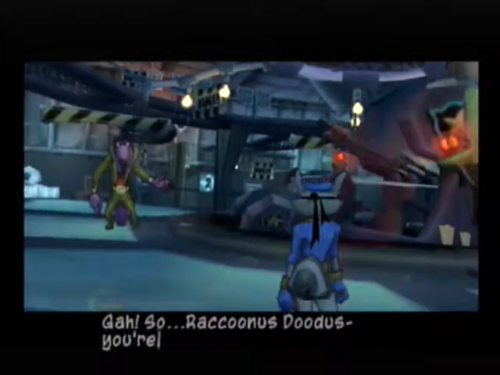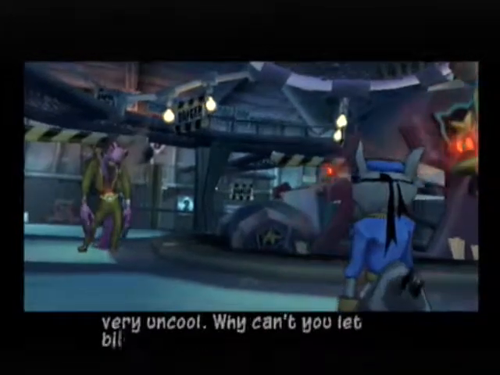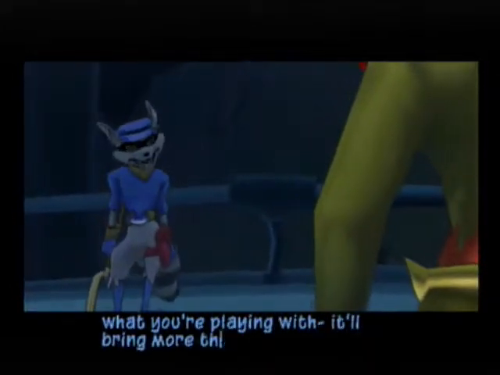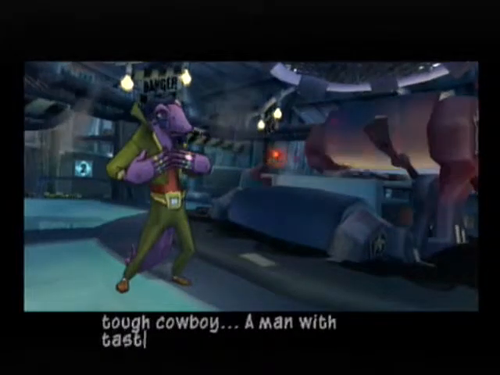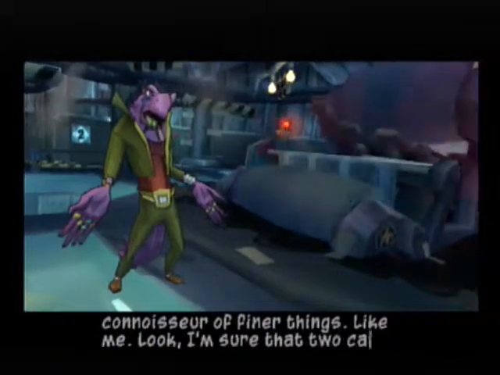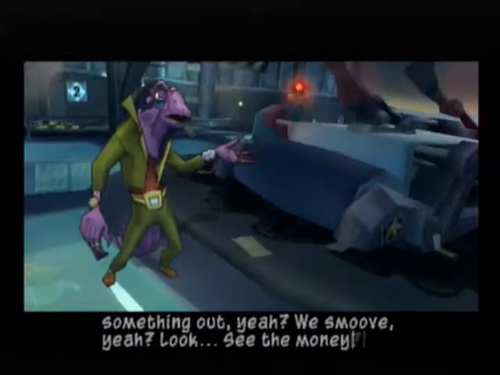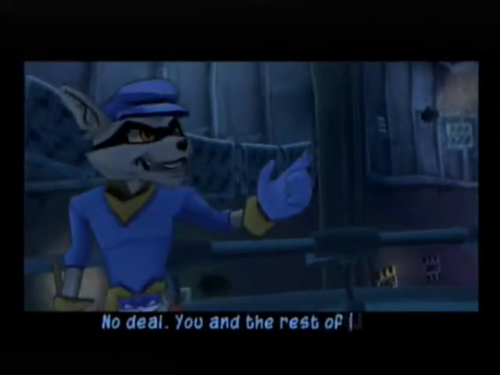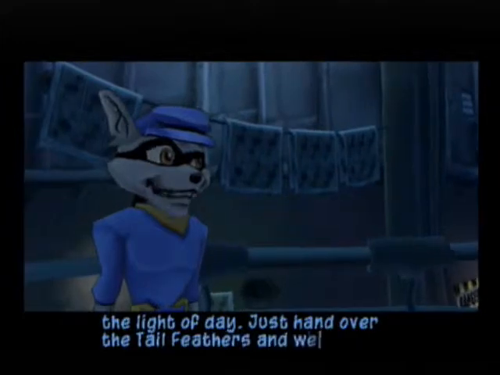God! So raccooners do this. Like totally bumming my house up and bringing me down. So very uncool. Why can't you let birds and bees be free, bro? Listen, Dimitri. You have no idea what you're playing with. It'll bring more than your house down. Look, bro. I see you are a tough cowboy. A man with taste, style, vision, a connoisseur of finer things. Like me. Look, I'm sure the two cats in a bag like us can work something out. Yeah? We smooth. Yeah? Look, see the money. You like the money. You can take all you want. I can. No deal. You and the rest of the Claw Gang have to be stopped. Clockwerk will never again see the light of day. Just hand over the tail feathers and we can...